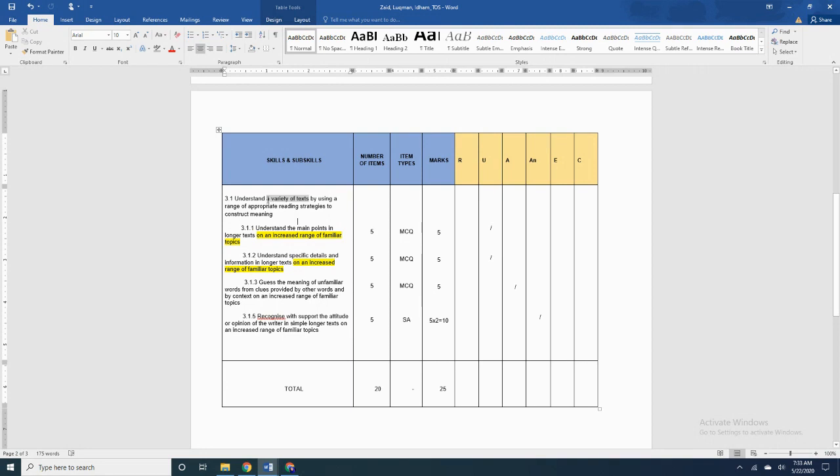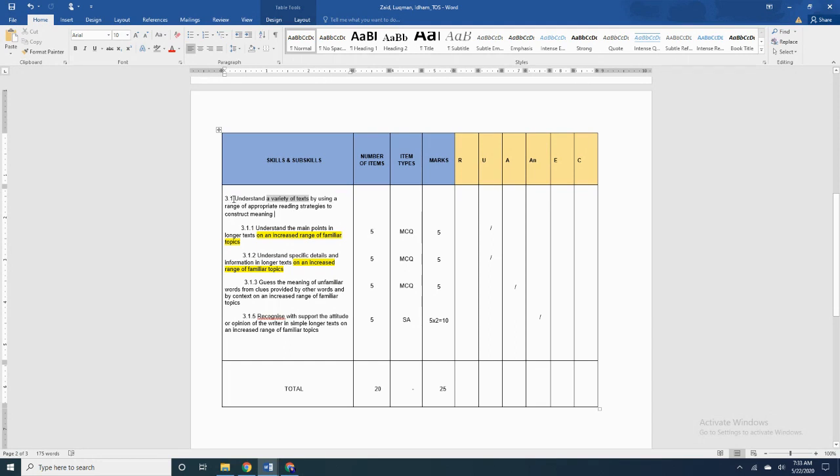Just want to mention that a number of groups of students which I have this semester do in fact focus on these particular skills. So these comments will benefit others as well. Please remember that there are 2 parts to this main skill. One is the understanding of a variety of texts, as well as the use of a range of appropriate reading strategies. So there are 2, not 1.